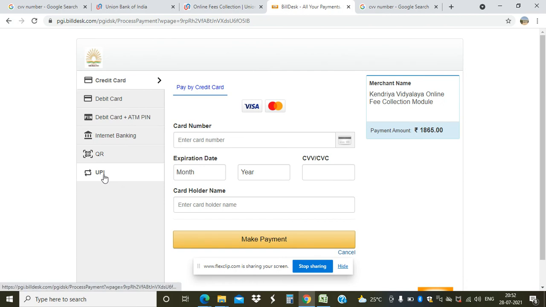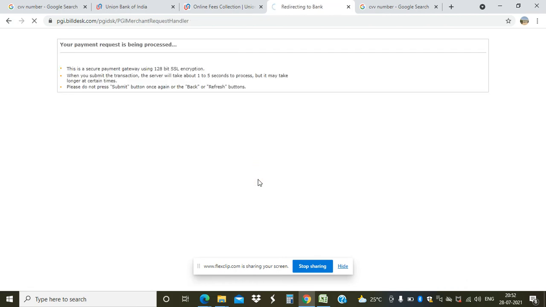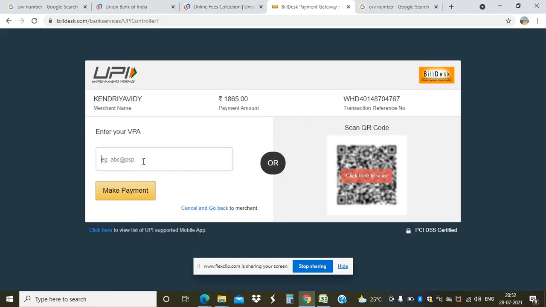The last option, UPI. By writing the UPI, for example, XYZ at the rate of YBL or ICICI, whatever your UPI is, you can write it and make the payment.